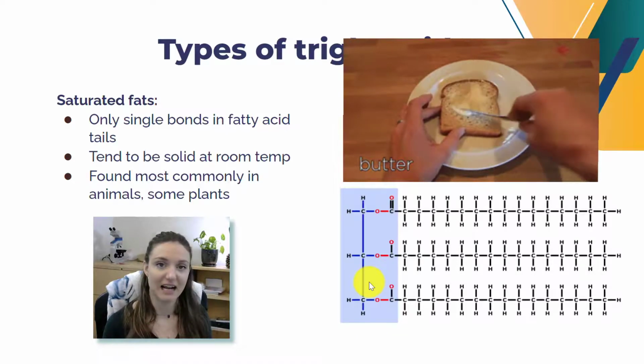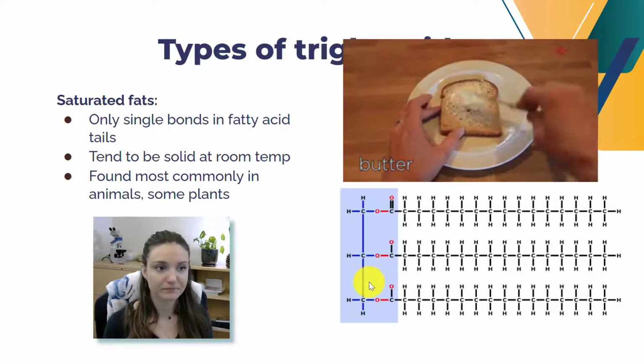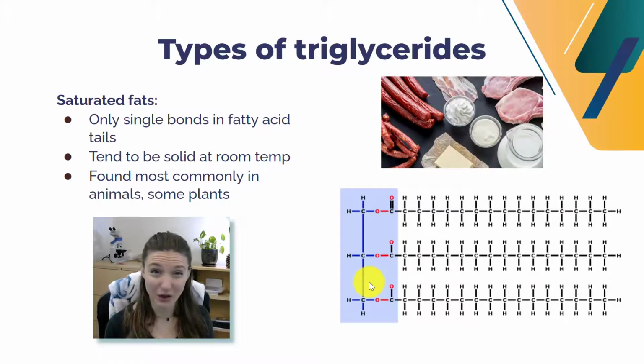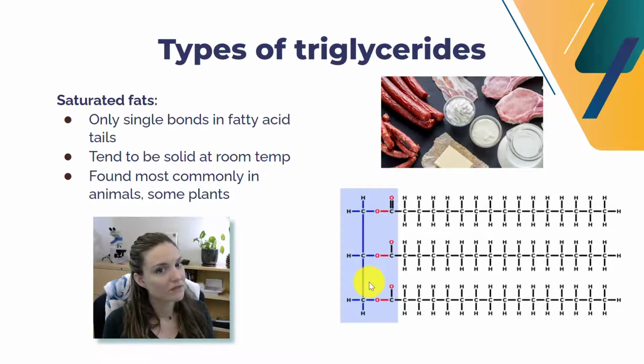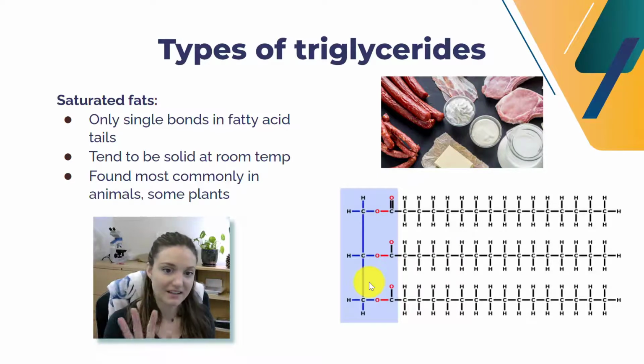Dairy as well tends to have some saturated fat in it. Some plants will produce saturated fat, things like coconut oil is a saturated fat. Okay, so coconut oil is usually solid at room temperature. There are some health concerns with consuming large amounts of saturated fat, but for us, again, the main difference that